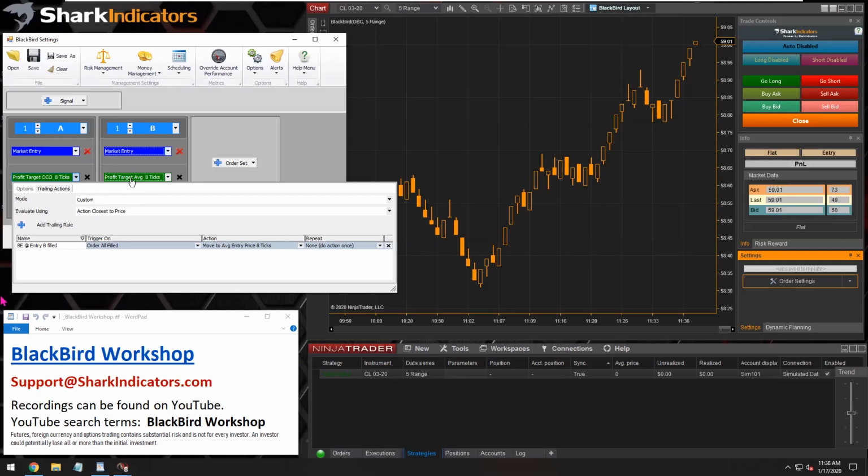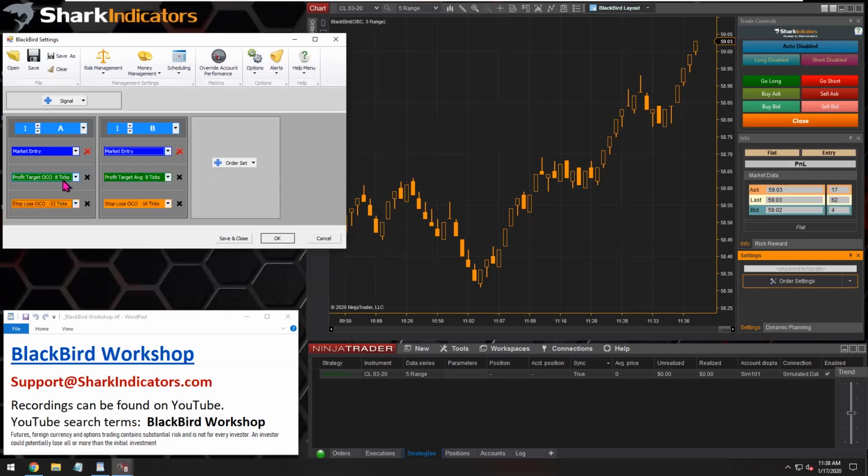16 ticks total. So it would be two contracts times 8 ticks for a total of 16 ticks. Yep. Okay, so Richard is asking, what does OCO mean? So OCO is a very critical and common term in trading, and it means one cancels other. So when you submit a profit target and a stop loss together, they should be linked using an OCO order